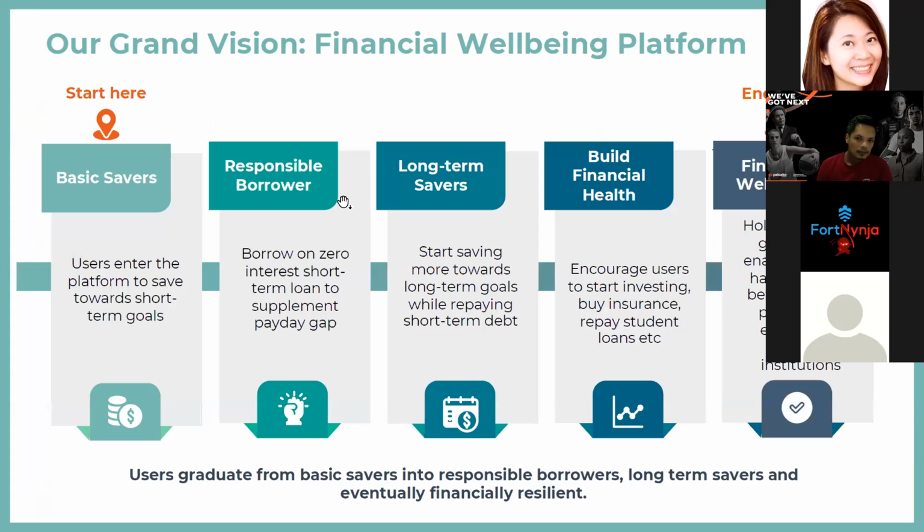Yeah, this is an overview of Port. We started from micro saving, and then we also came out with other financial credit products, with the aim of improving the financial well-being of our target audience, especially young people, the B40 and gig platform workers. Because we believe that saving is a behavior. Before people are able to build the discipline and behavior and taste the sweetness of managing their money, it is not really fruitful to sell them investment products. So we believe it's a journey that we can grow together with our users.